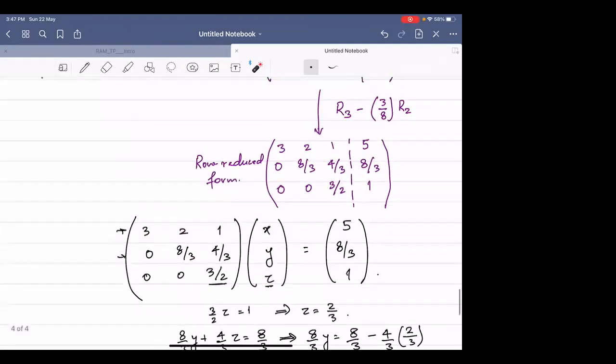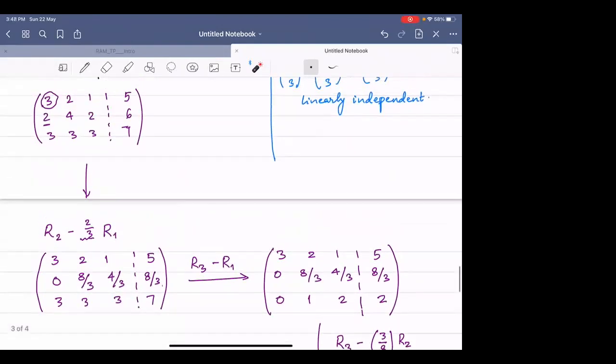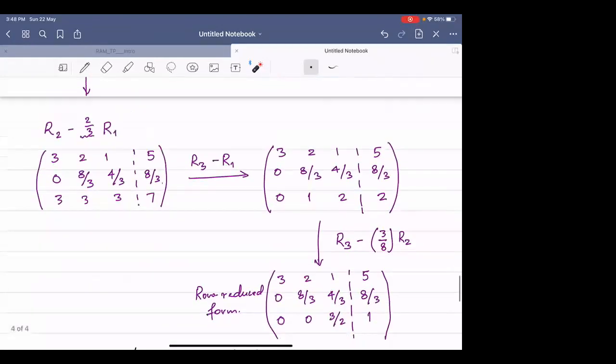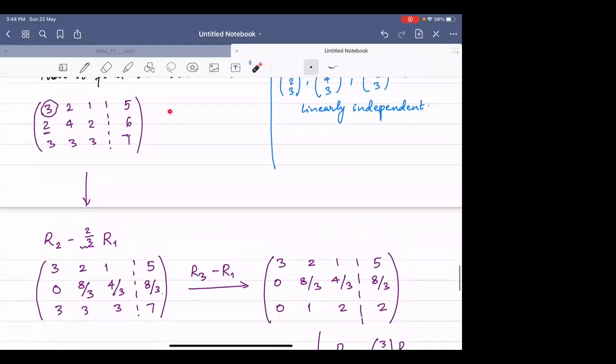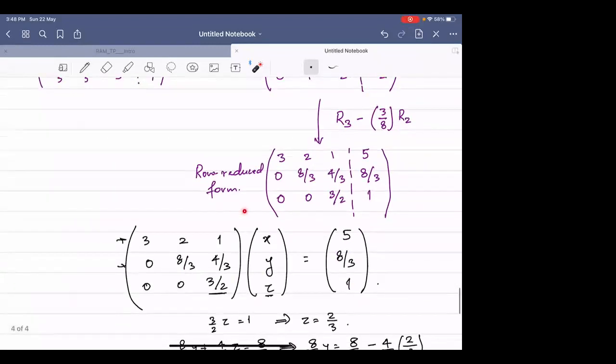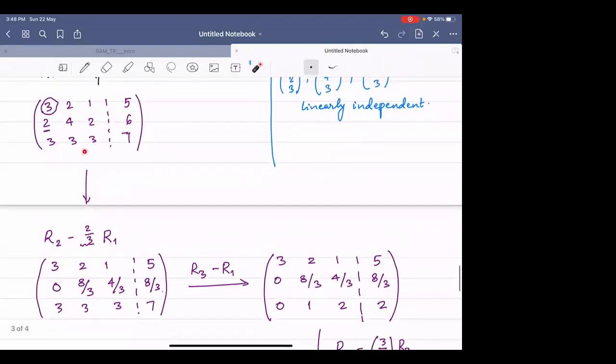Okay. And this entire row reduction process is designed in such a way that the point of intersection of these three equations is the same as the point of intersection of these three equations, the same as the point of intersection of these three, and so on. So the point of intersection of the beginning system of equations is the same as the point of intersection that you have here. And so the solution that you obtain to this reduced system is the same as the solution for